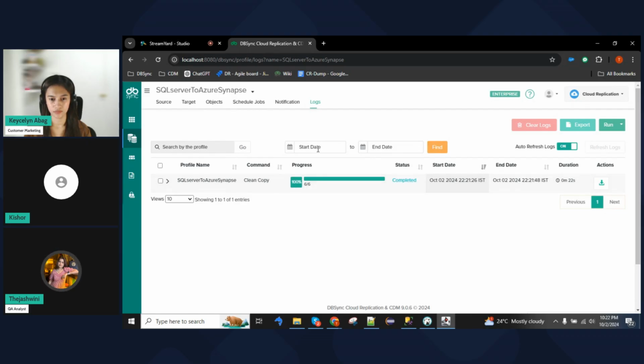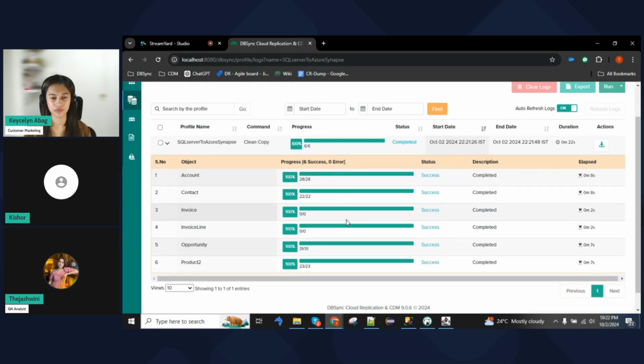You can also filter out from start date and end date, and also you can go search by profile. You have multiple profiles run, right? When you want to search something, you can use this filter. We have multiple filters available in the logs page also, but to be precise about our integration to Azure, it